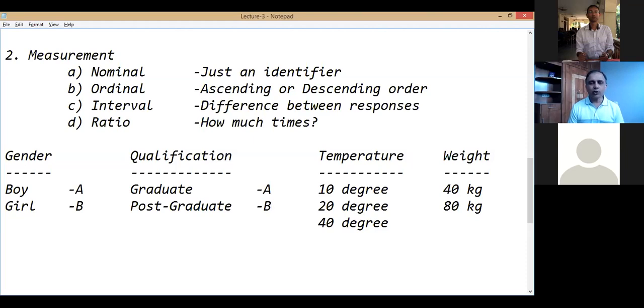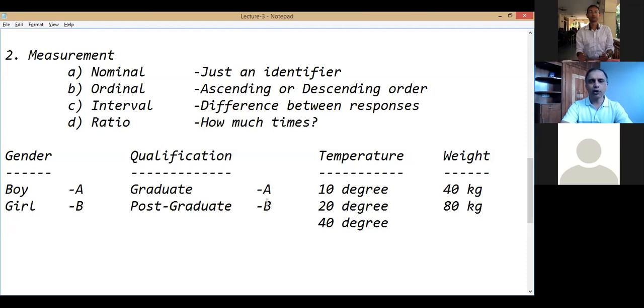I want you to focus on the words more qualified. When we say more qualified, it means we can compare the categories. We can put them into ascending or descending order. Looking at the question, both appear to be the same, both appear to be binary, but whatever the response is, what I infer from that response will constitute the measurement. If I can compare the categories, I can say this is more, this is less. I can arrange them into ascending or descending order. It will be called ordinal. If I can't do that, that will be called nominal.